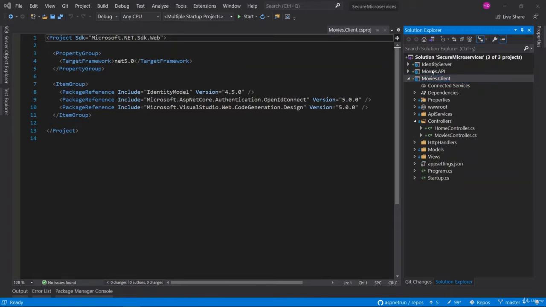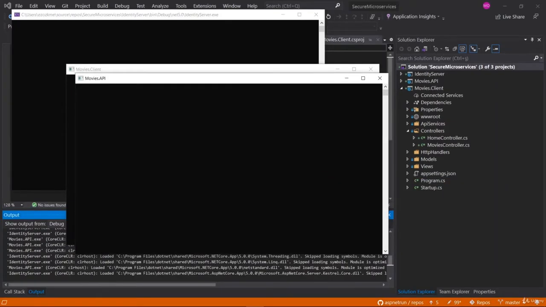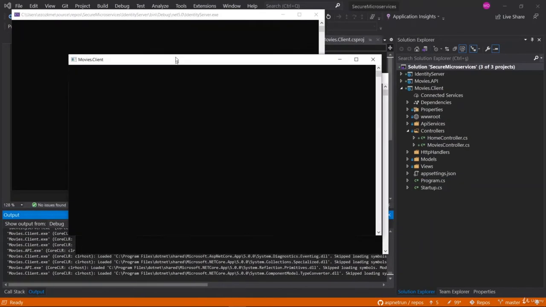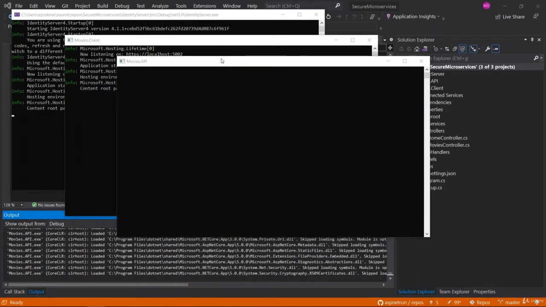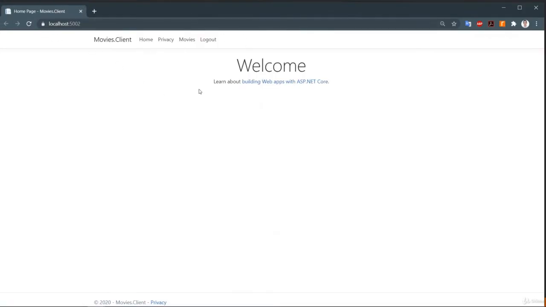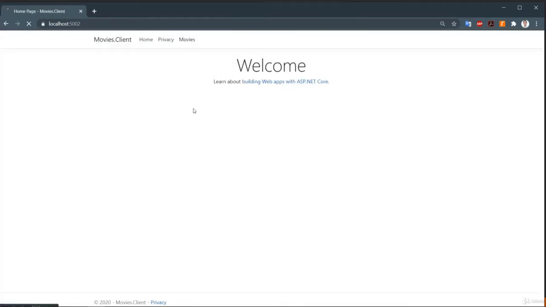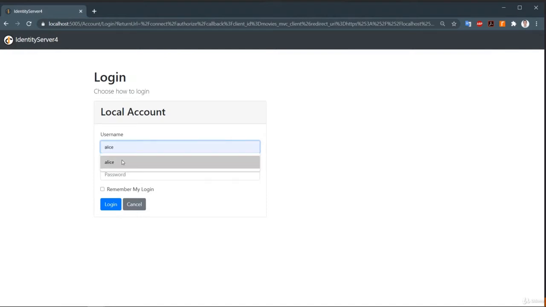Of course, this project is still running in the project console window. We can follow the logs in the console window, but now we can run our application. Let me run our application. Now we have all three applications running, and we have a Chrome window for the MVC application. We have already put the debug breakpoint in our Index method. So let me log out and log in again. Yes, click Movies and we will follow the role information now.